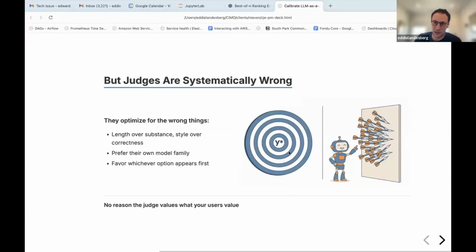And so an LLM judge, if you just ask the judge what they think, is going to give you a very confident answer, but it's going to have preferences that are very different from the ones that you care about. It's very well documented in the literature: if you give an LLM judge a long response with no more substance, it'll systematically rate that higher than effectively the same material in a shorter response. They prefer answers that were generated by themselves.